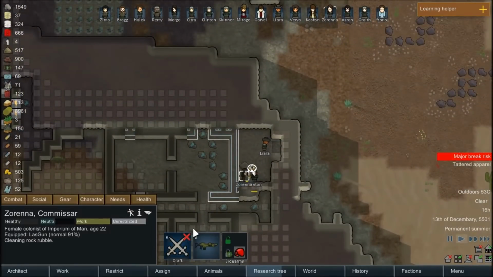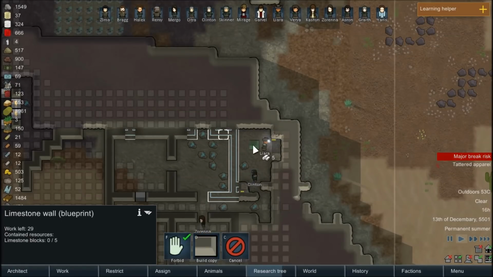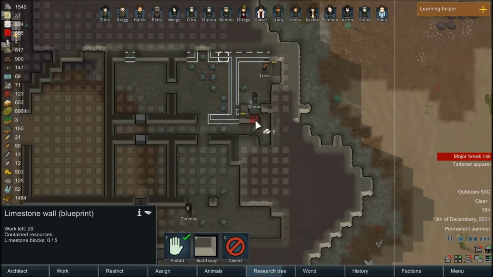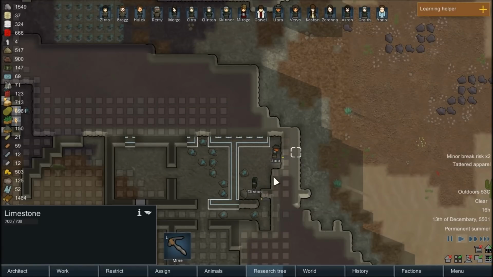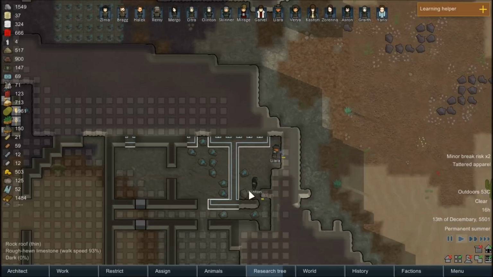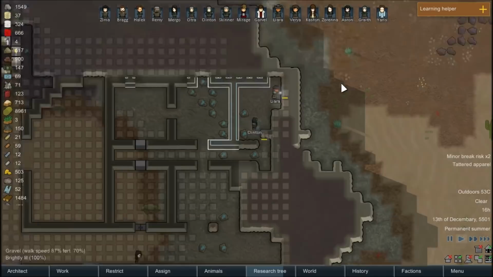Let's make sure these limestone chunks get hauled out of here. They've almost got this all cut out. That was pretty quick. Let's queue up some construction there. And yeah, I don't know what I want to do about this. I'd prefer not to have to build artificial walls. I wanted to utilize the natural ones, but somebody's either going to get a slightly smaller bedroom or just a